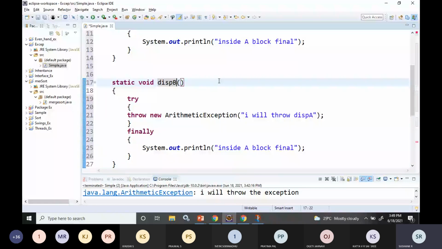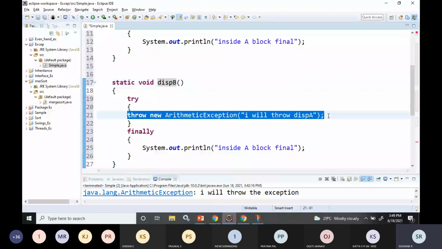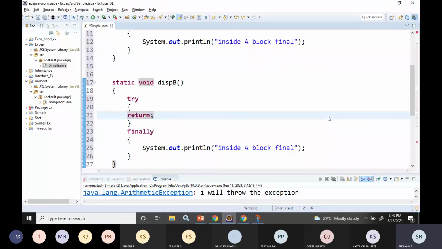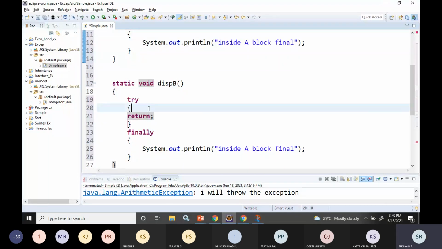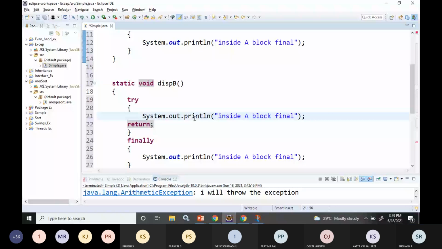I will just use the return statement, and I'll just write a message like I'm inside B block, so that you should know that that line is executed.